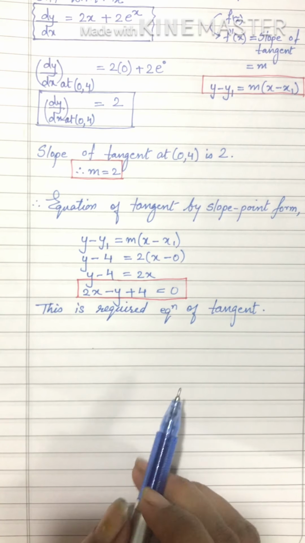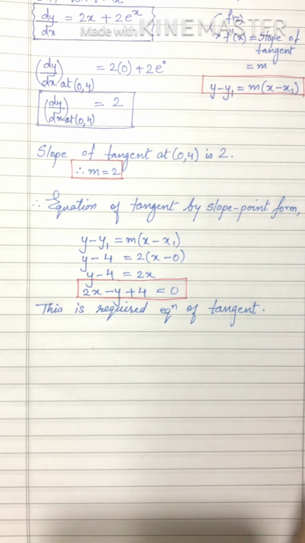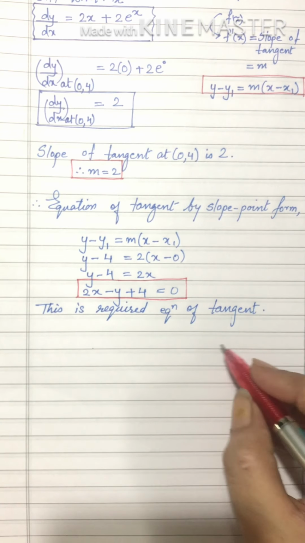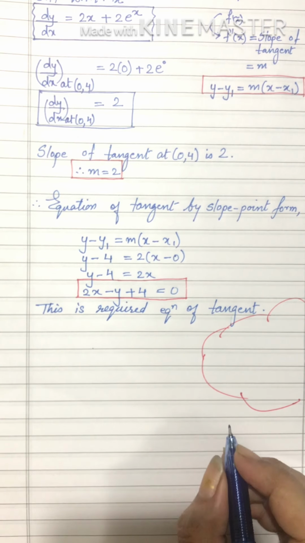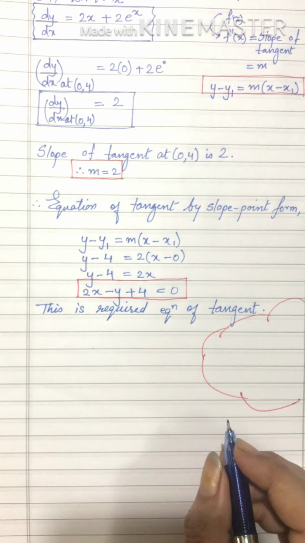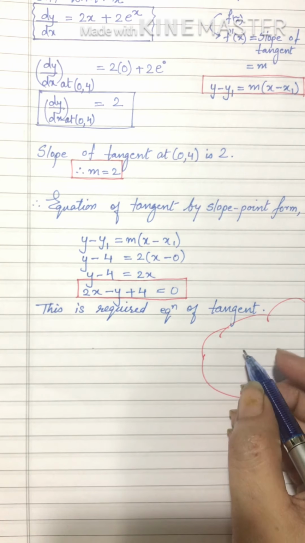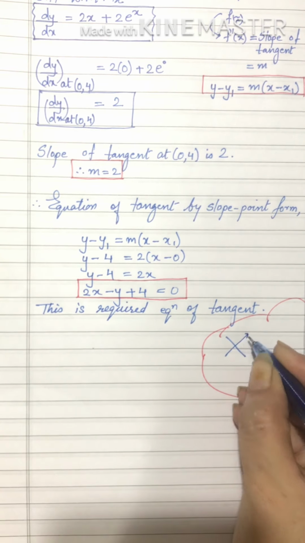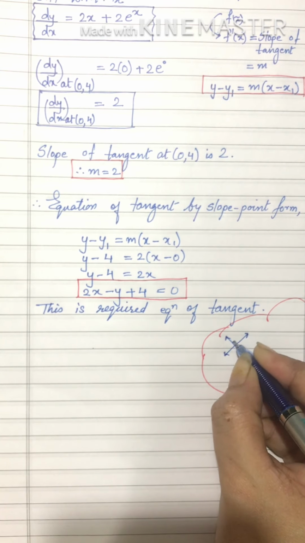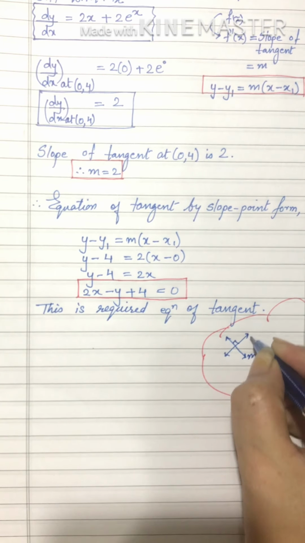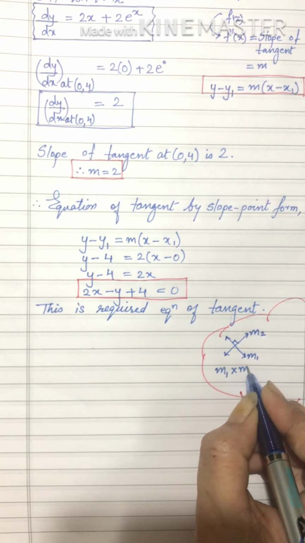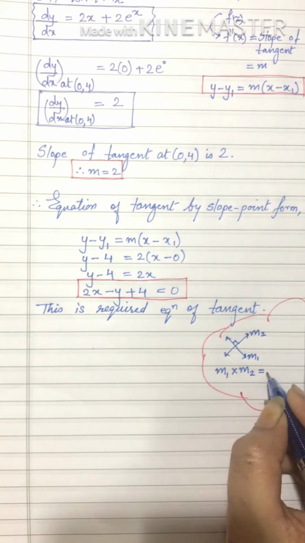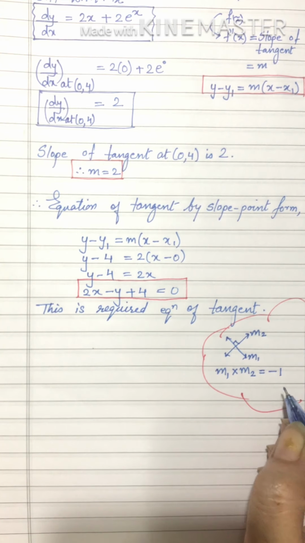Very first, while finding equation of normal, I already told you normal is the perpendicular that is drawn to the tangent at point of contact. So how do we find slope of a line perpendicular to a given line? Now let's say there are two lines which are perpendicular to each other, and their slopes are defined as m1 and m2. So we have already learned this in our 11th standard. Product of slopes of two perpendicular lines is equal to -1. Okay, so it is simple.